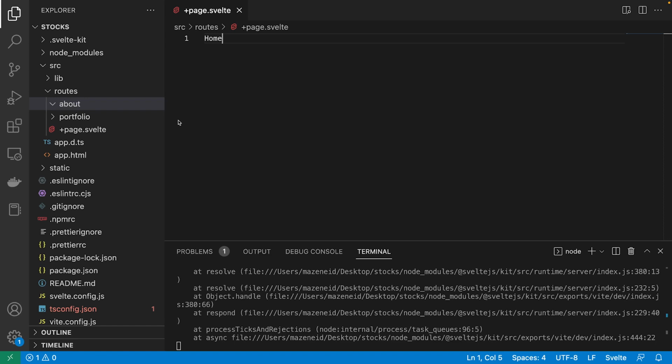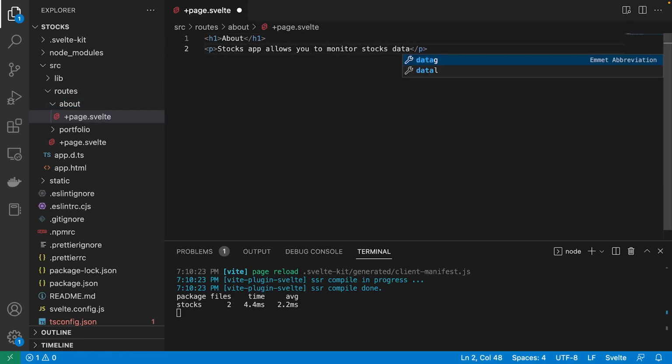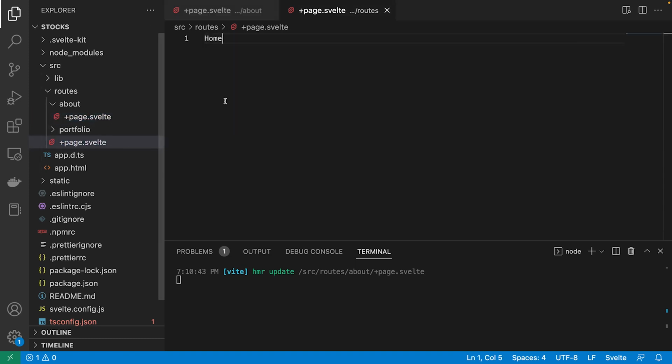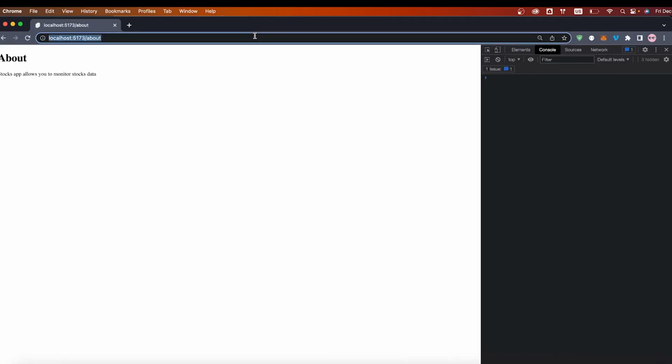So let's go ahead and create the page for the about and home routes. So I just wrote some content in the about page about the stocks application that we are going to create. And then in the home page, I can also put any content. Now that we created a page component for the about page and updated the content of the home page, let's go and access them. So you can see here, when I access the about page, it updated. Now it doesn't give me the 404 page anymore because we just created a page for the about route. And if you also access the home page,